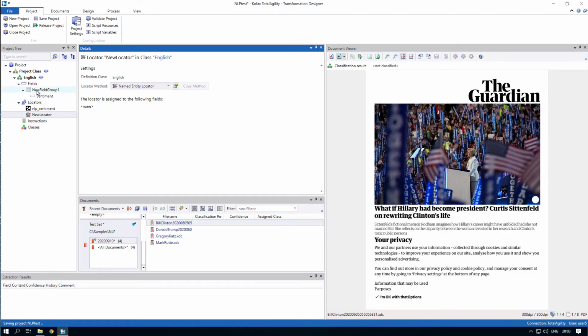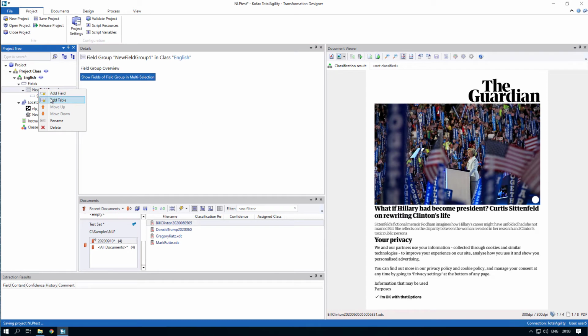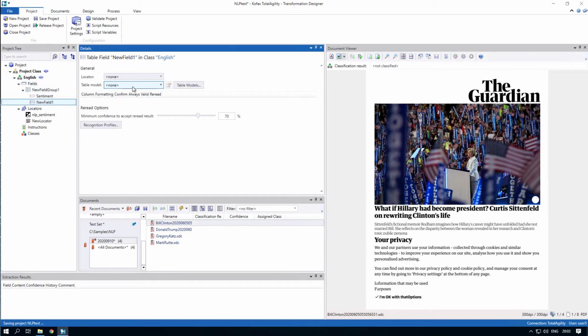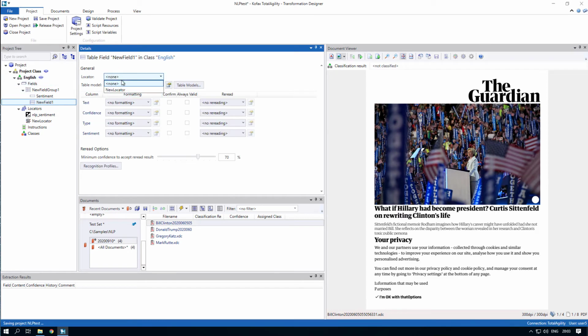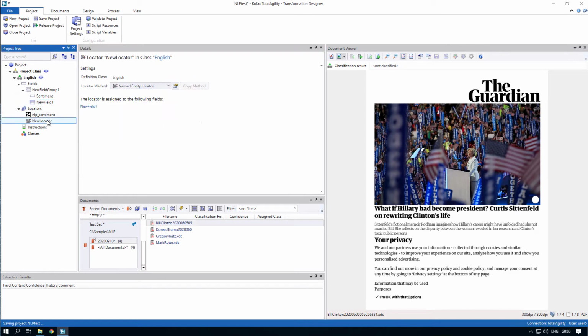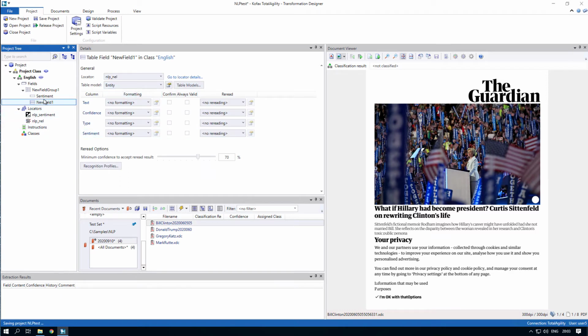And as you know, once you've got a table, you also need to add a table to the actual fields you want to use and connect that to the new locator that we, of course, should have named a proper one. NLP underscore named entity locator nel. And then we have this and a nel and call this the entities. There you have it. So those were the locators that we released with the very first version of NLP within